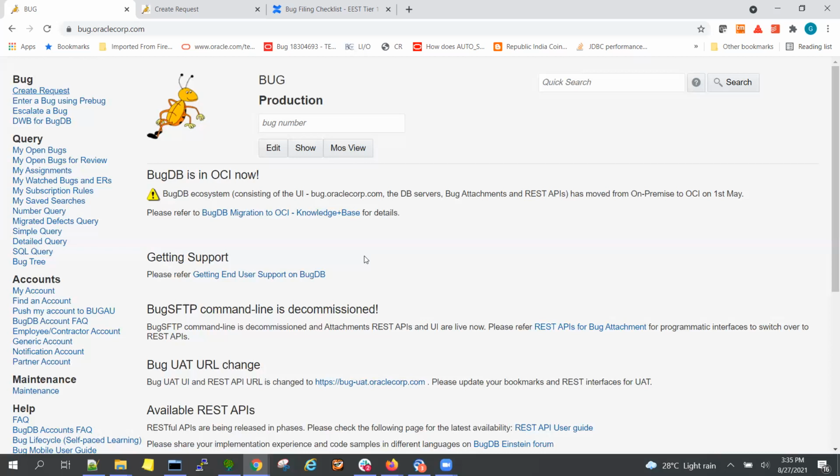So first, try to get the exact problem time frame from the customer, when this issue has been reported, and get to know if they noticed the same issue even in the recent past. Why we need to ask this is that when we file a bug, we have to give the development a bigger picture about this problem. So we should not explain the current situation alone. We need to explain even the past scenario, that is, if they got a similar kind of issue in the recent past, then we have to get those details as well.